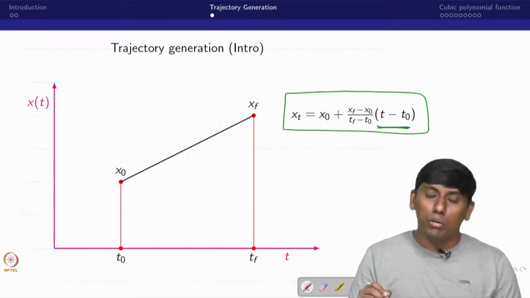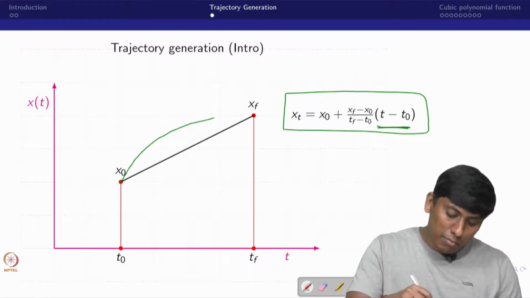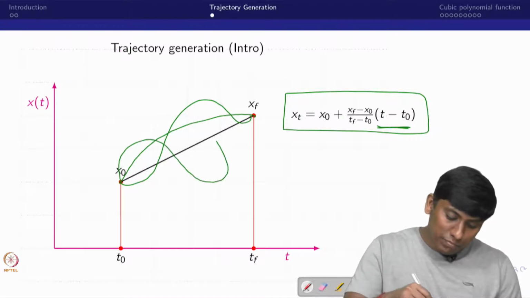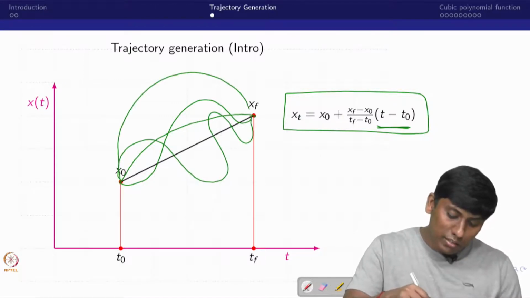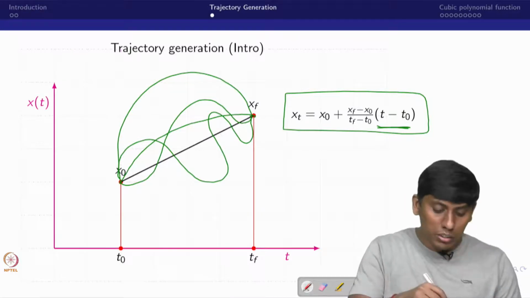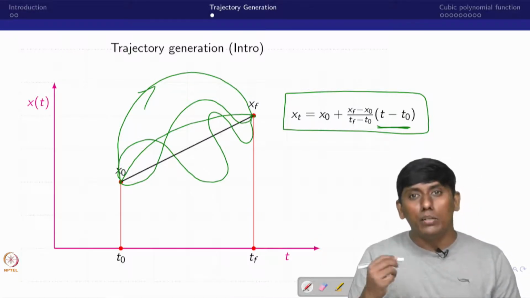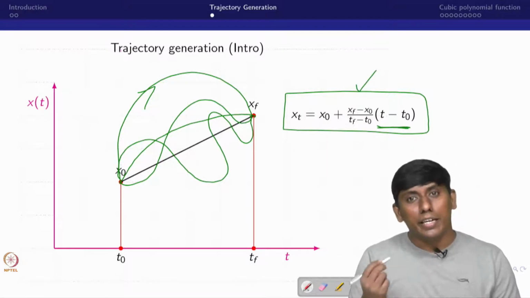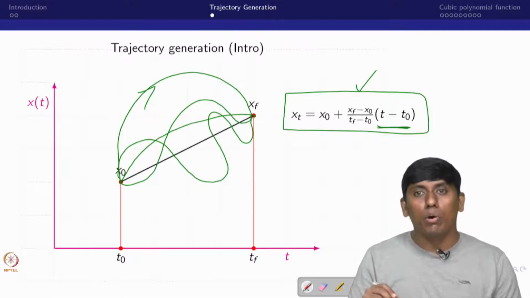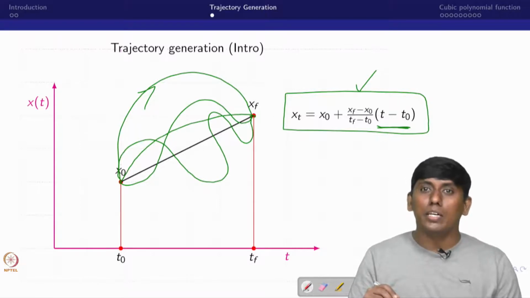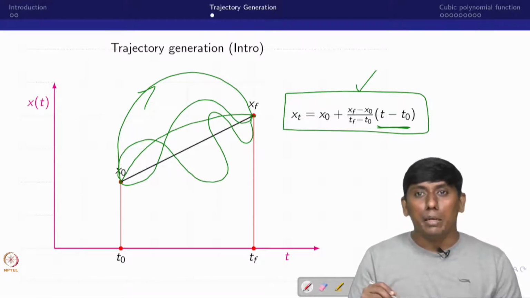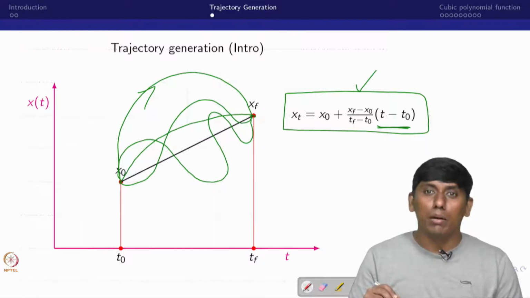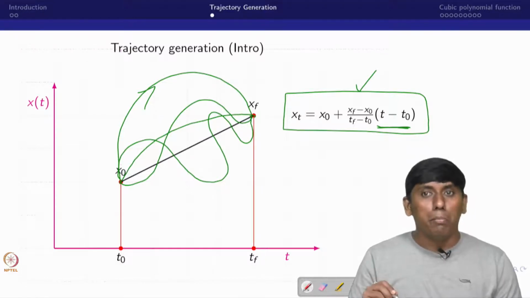In order to avoid that, there are several possibilities. These 2 points can be connected like this, okay? Like this, and there are several possibilities to reach from this. We are trying to see what would be the efficient one. This is first order. The second order is possible, which is the quadratic equation, but with a quadratic equation the number of equations and number of unknowns do not properly match.